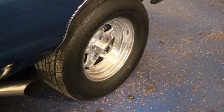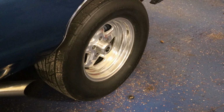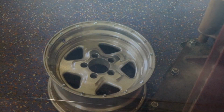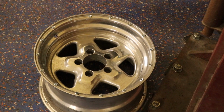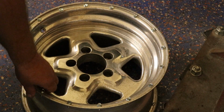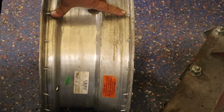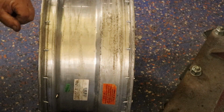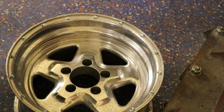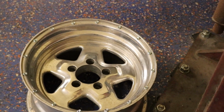So these are my drag radials that are on the car that I bought. They're in good shape. They still work. This is what I'm going to keep just driving around. I'll get good bite on the road, and we'll be pretty good for some street racing if we need to. But over here is my other set of wheels, and this one I've already completed. As you can see, I got all the bead locks on that run all the way around. They come through. You can see how the screws go right into the wheel or into the tire. That way the tire doesn't slip on the wheel when you grab. They're on both sides of the wheel. I've already finished this one. I cleaned it up. So let's go over here to the table and we'll show you what it looks like